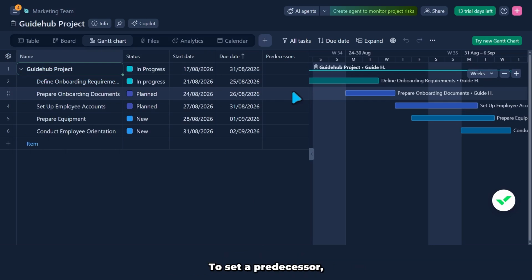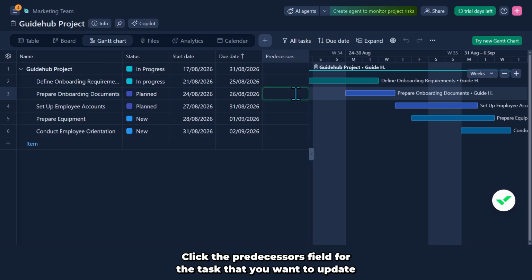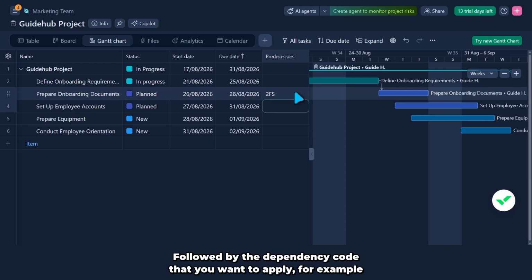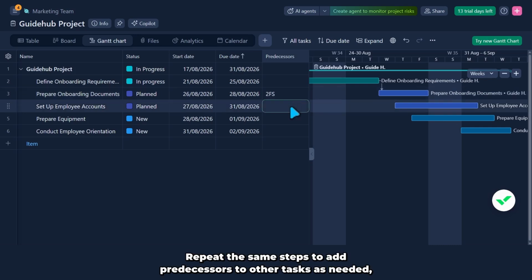To set a predecessor, click the predecessors field for the task that you want to update. Enter the task number that you want to use as the predecessor, followed by the dependency code that you want to apply, for example. As shown in the video, repeat the same steps to add predecessors to other tasks as